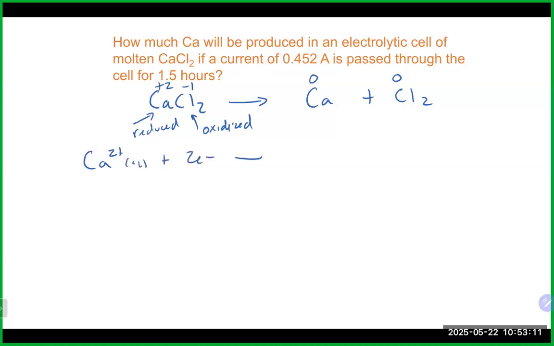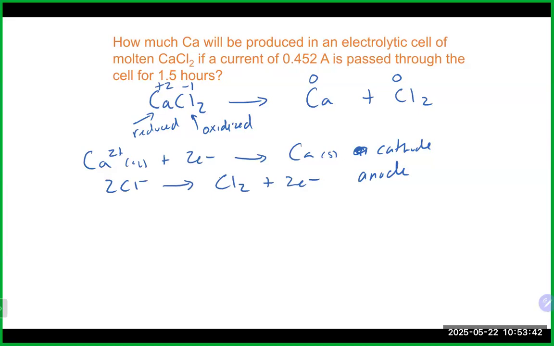+2 electrons gives us molten calcium here. Go solid. And for our other one, it is 2 chlorides making Cl2 plus 2 electrons happening here. Again, our cathode and our anode here. Any questions on that there? So these two half reactions are important because, again, in our calculation, that's what's going to allow us to figure